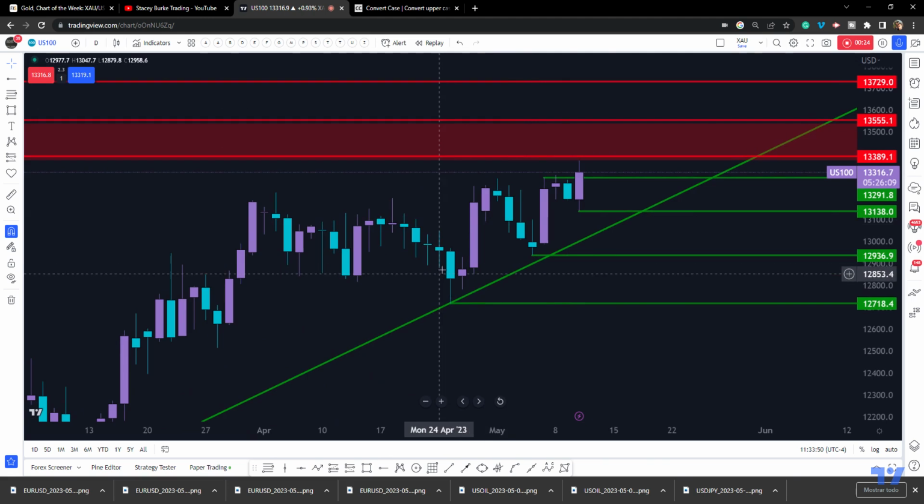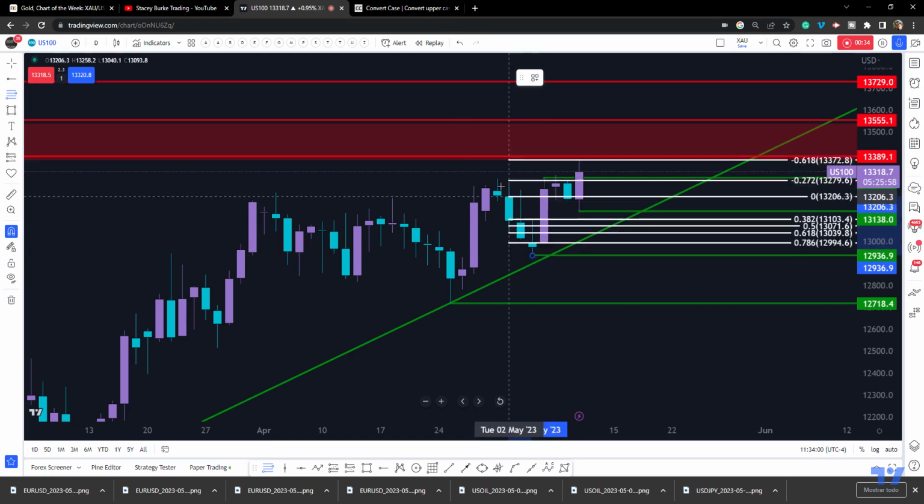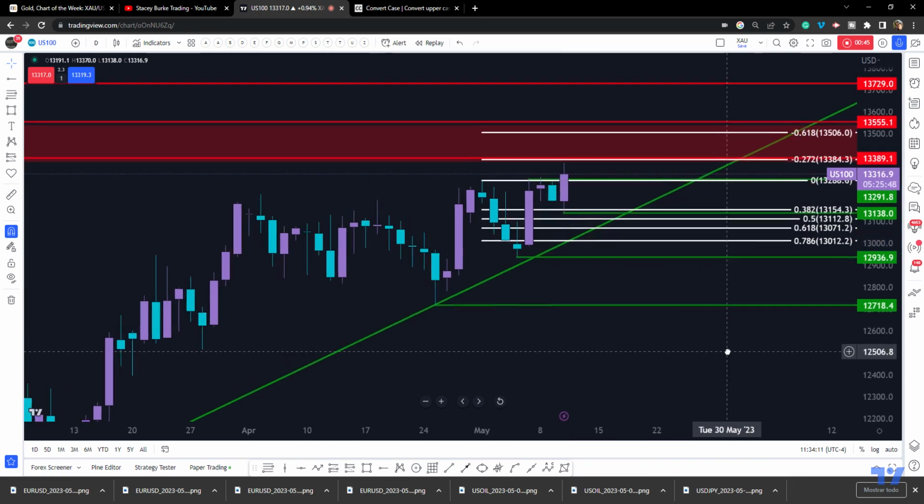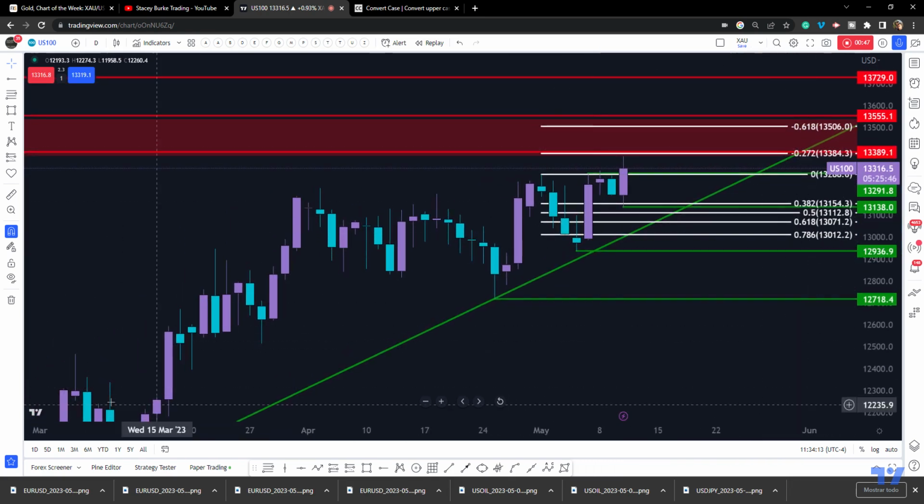we've had this impulse correction, and we're in the realms of, let's have a look. We draw a fib on this. I like to draw the fib on the correction from bottom to top, and we're heading up to a confluence area of minus 272. I like that. I don't know why it works, but it seems to work. These rallies tend to top out